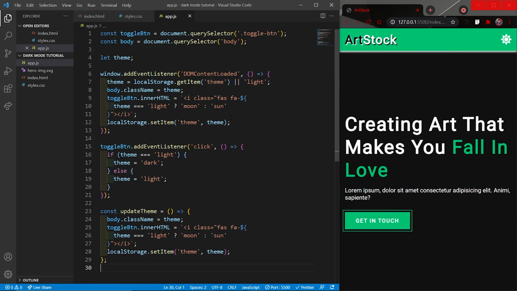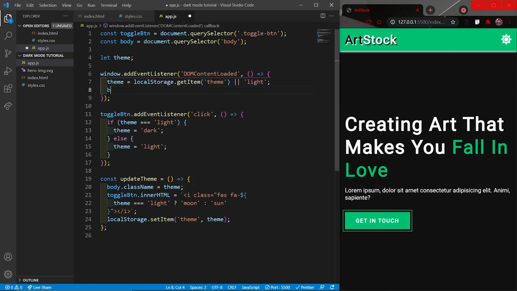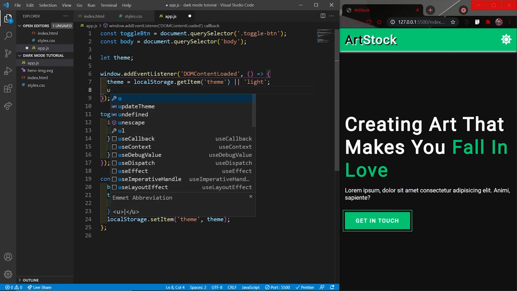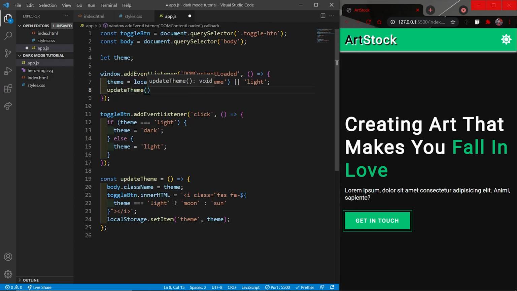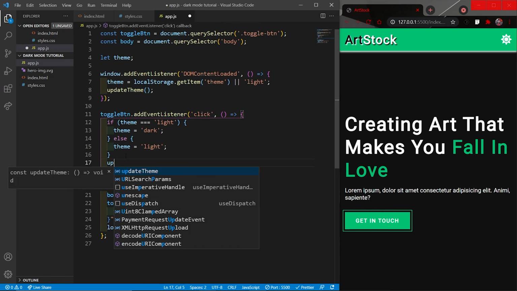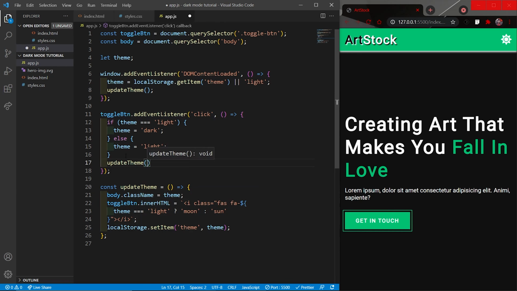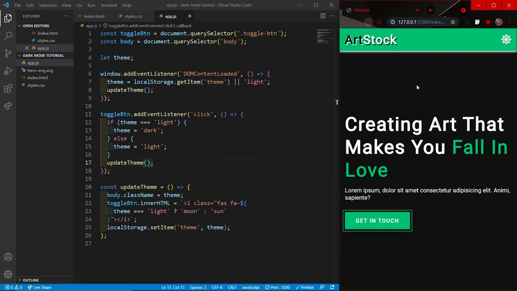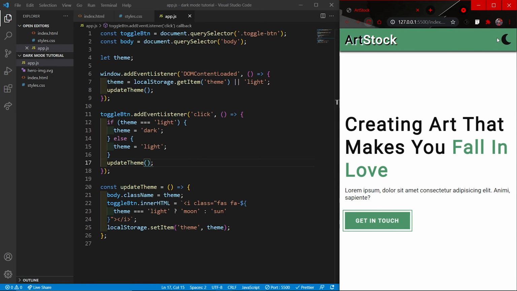Now instead of repeating these three lines again, I will just call my function updateTheme, which will update the theme colors, change the icon, and store the theme in the local storage. So if I refresh once again, yeah, everything works fine.